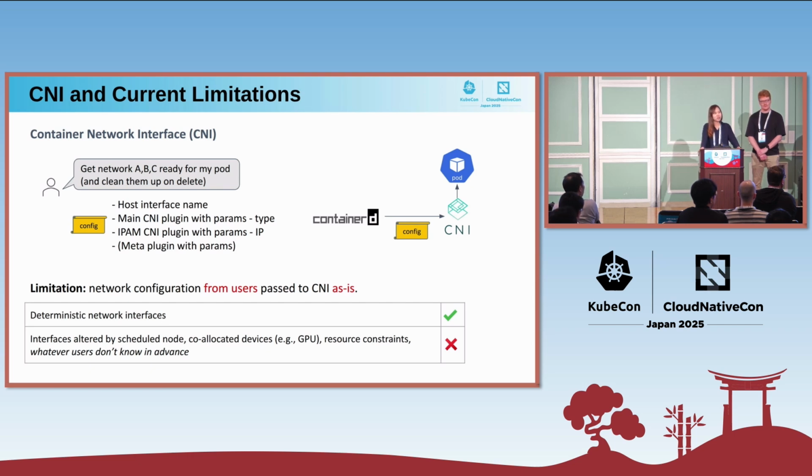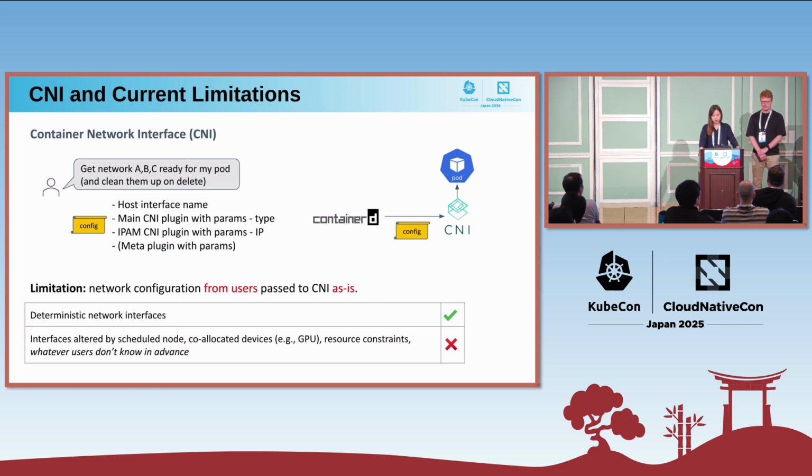However, whenever the user doesn't know that, for example, in a heterogeneous cluster, you don't know which node your pods are going to be scheduled on. It could have a different host network, could have a different host name. At the same time, you may want advanced technologies like RoCE, RDMA. You want the CPU and NIC in the same NUMA node to have efficient communications.